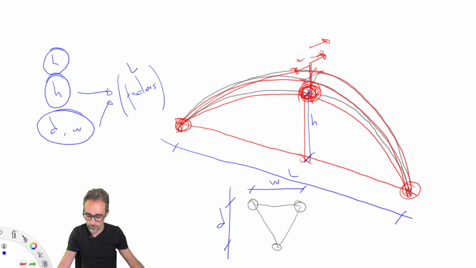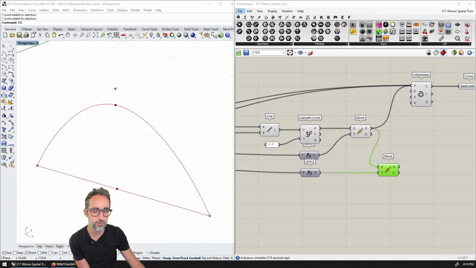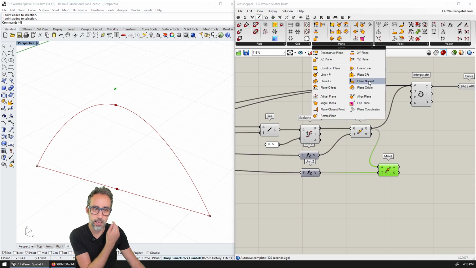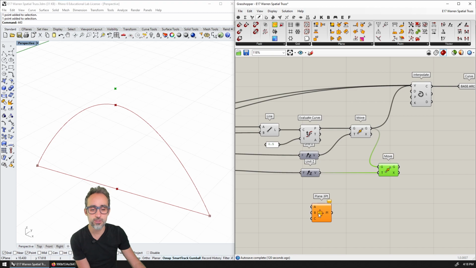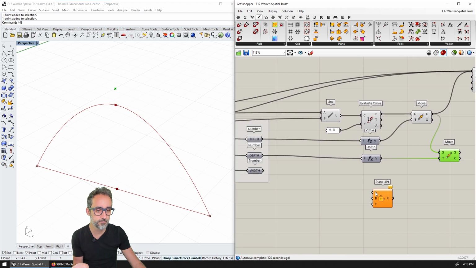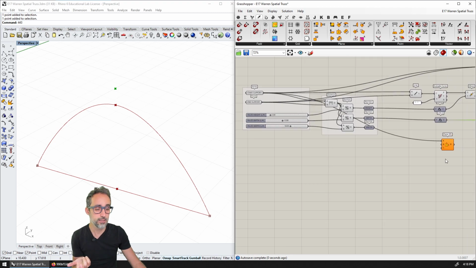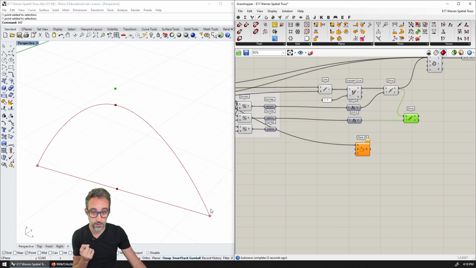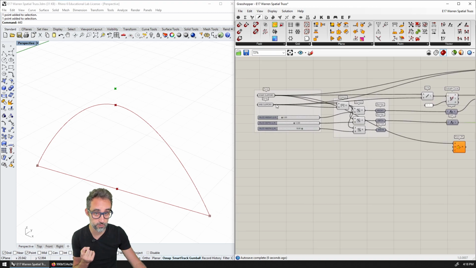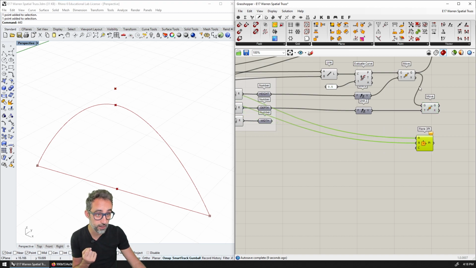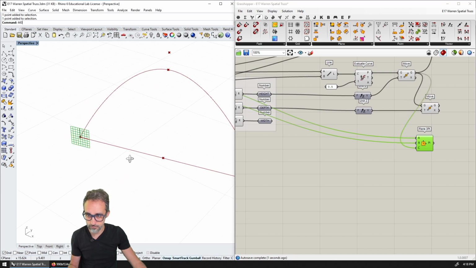So we're going to say, let me create a plane defined by 3 points. So I'm going to go to vector, plane, and I'm going to create a plane defined by 3 points. Which are those 3 points going to be? The first one is going to be the starting point. So that's going to be the start support here. The second one is going to be pointing to this point here, which is the second support. So that's going to be the end support. And then the third point is going to be the one that we just defined before. And therefore, look how nice this is.